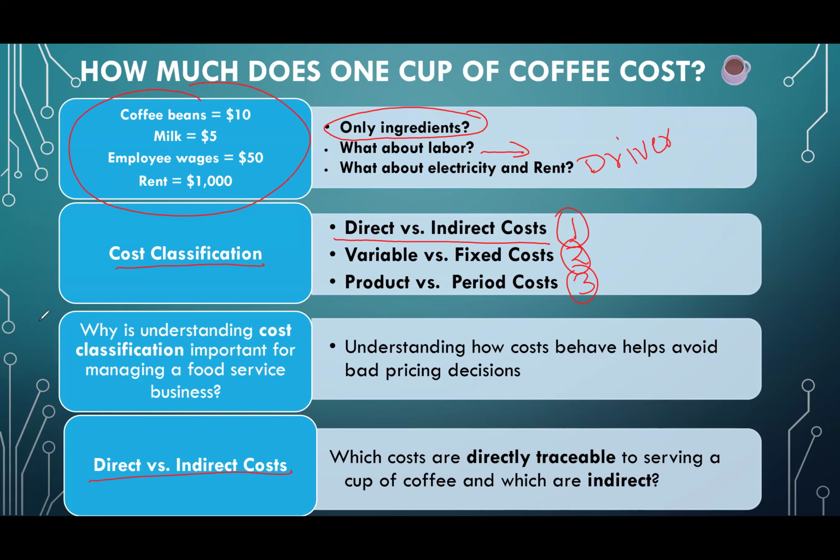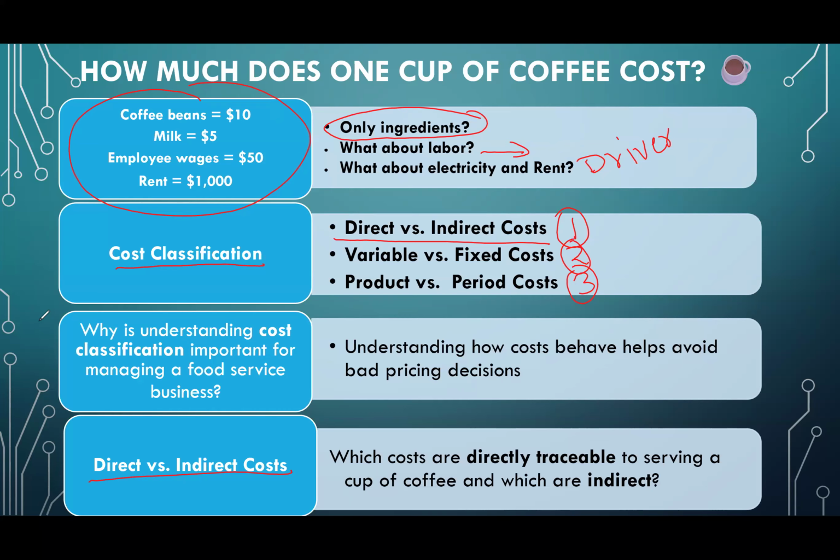So direct costs are those costs which are directly traceable to our cost object, which is one cup of coffee. Similarly, if I pay, let's say, $50 an hour to an employee and he makes, let's say, 10 cups of coffee in an hour,